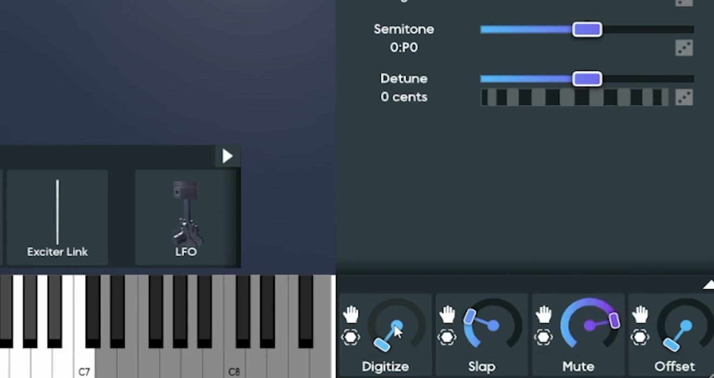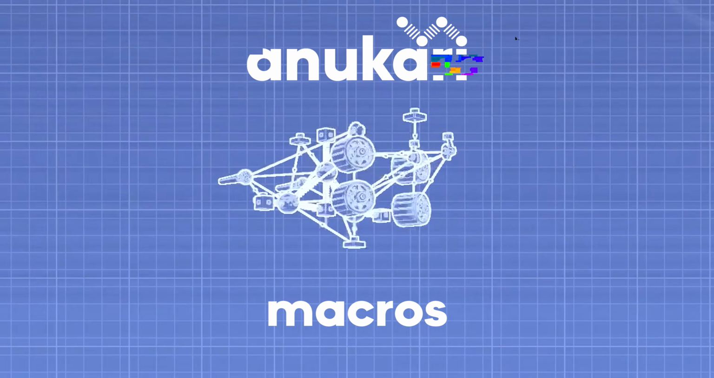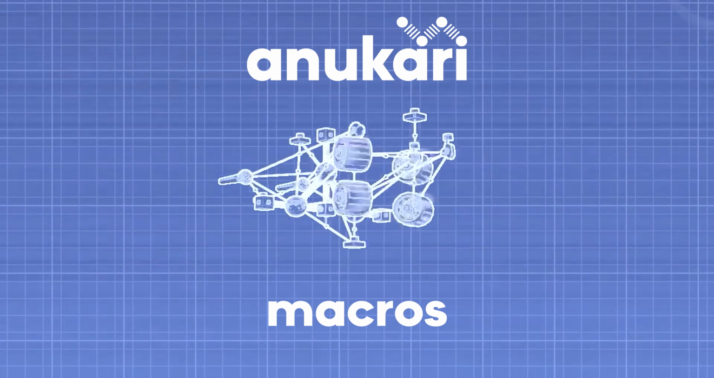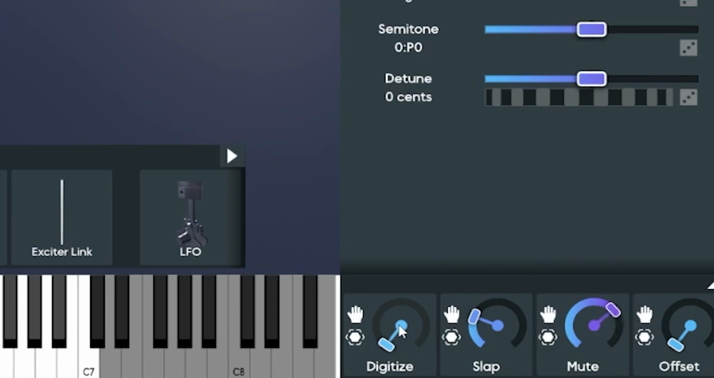One other thing I really like to get people started on early is in the lower right-hand corner of the screen, there are macros, and these change the characteristics of the sound. Every preset has a couple of macros, and they're knobs that you can turn to change how the preset sounds. So on this preset,